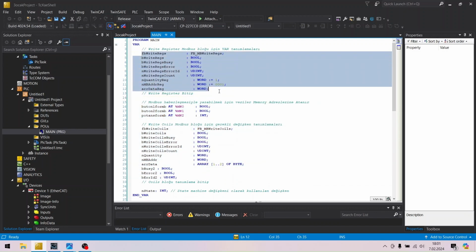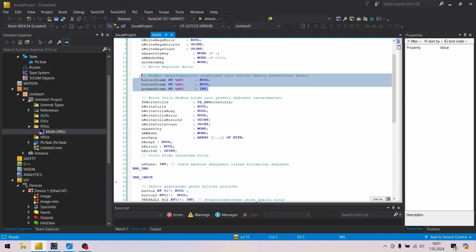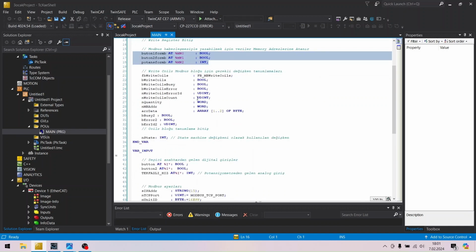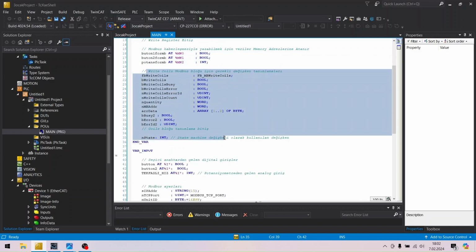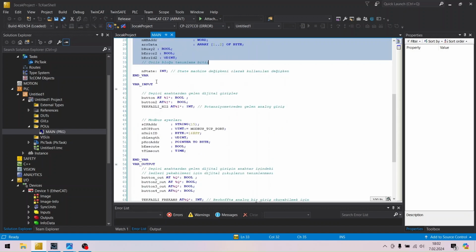This is for Modbus register function blocks, and like you all know, to communicate with Modbus protocol in Beckhoff PC, you have to address your variables into memory words to make them open for Modbus communication, and these sections are for that, and also our Modbus functions again for writing our coils,